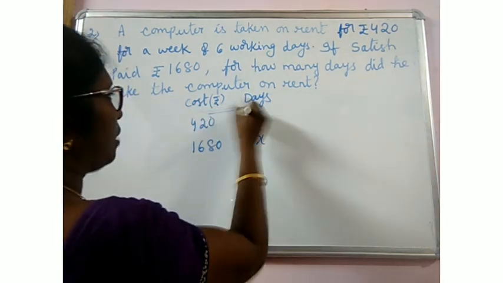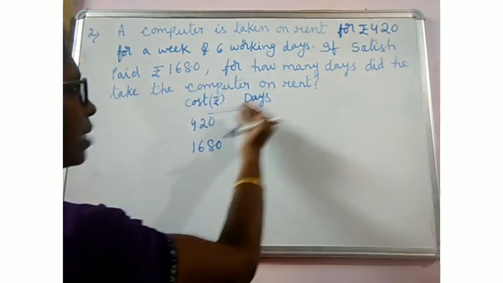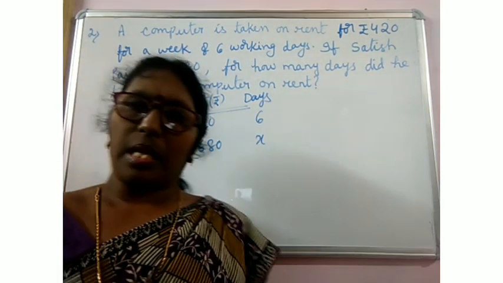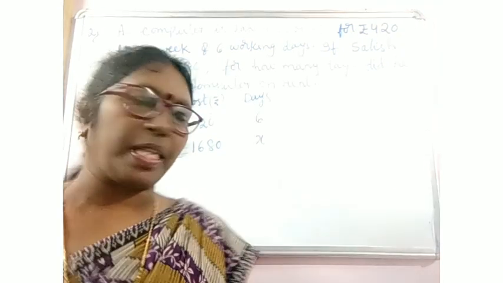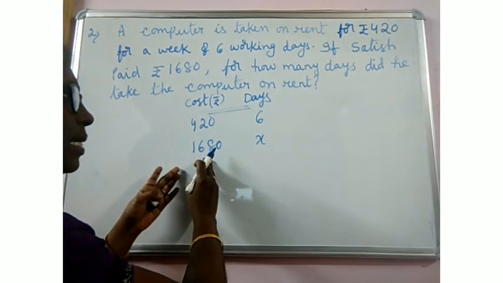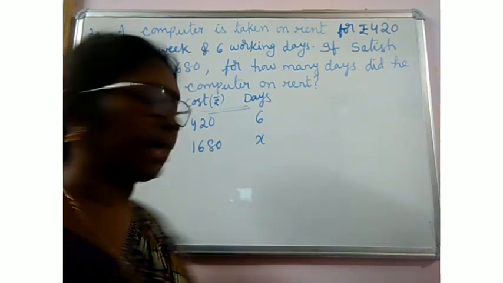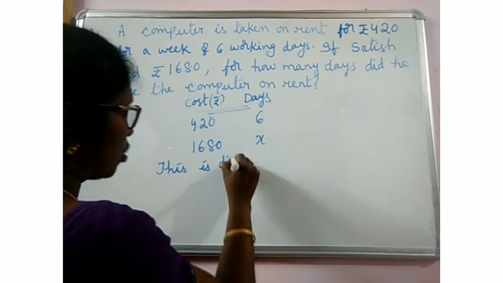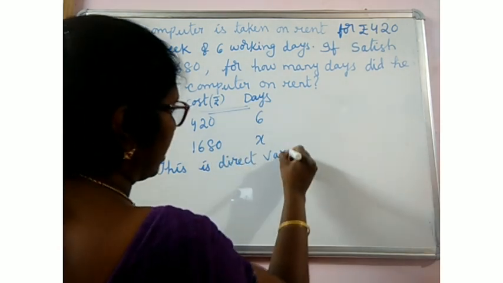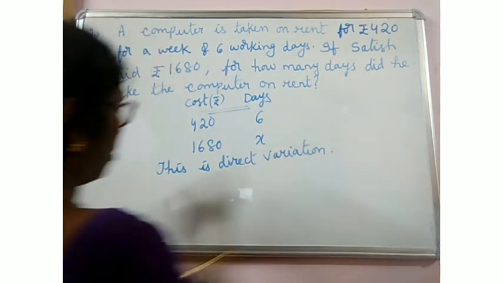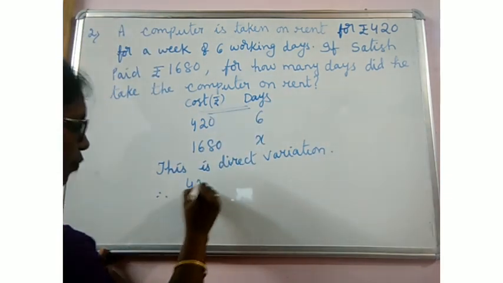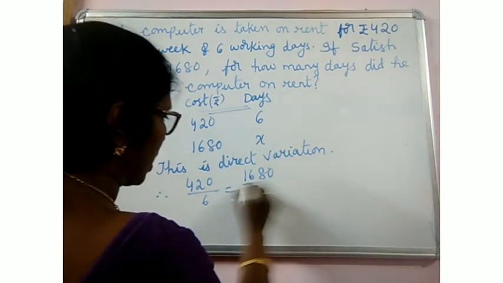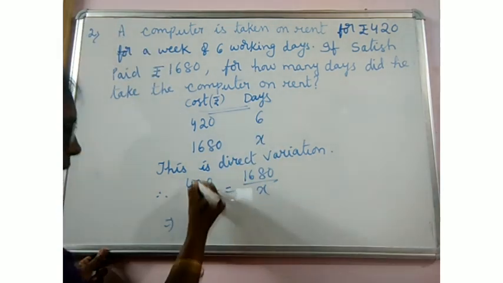Now you see, in this case also, if days is 6, the rent is 420 rupees. And rent is increasing, that means number of days also increases. So this is also direct variation. In direct variation, you know that x1 by y1, that is 420 by 6, equal to x2 by y2, that is 1680 by x. Bring x this side,